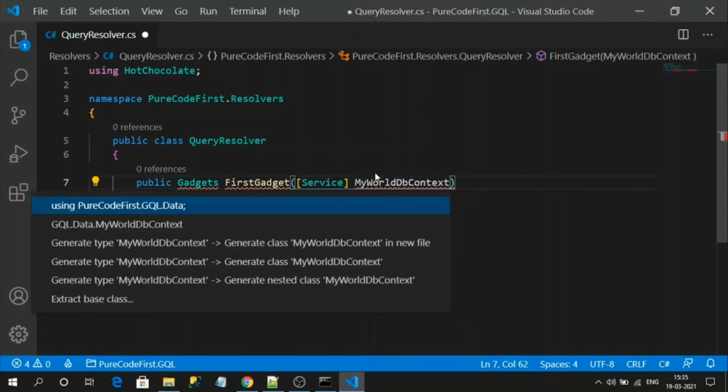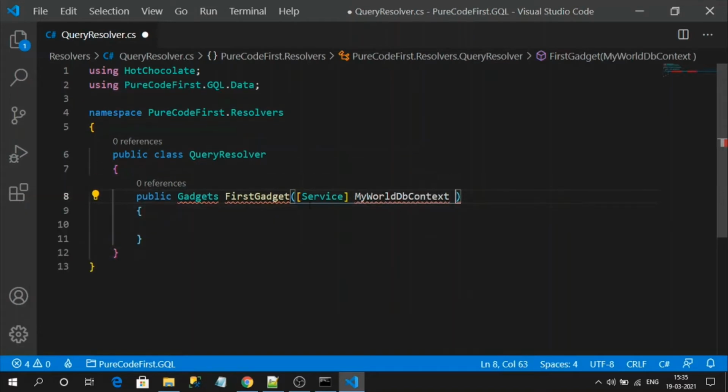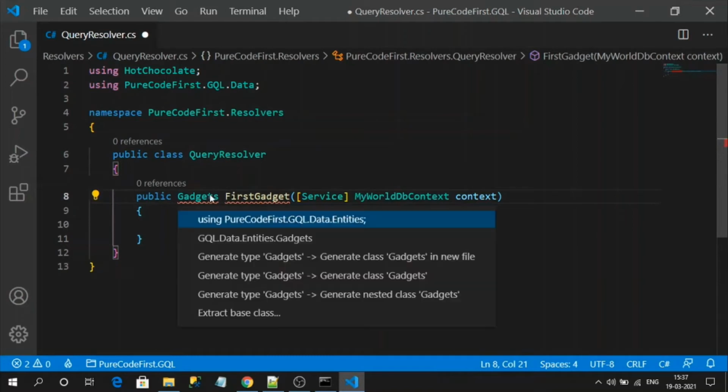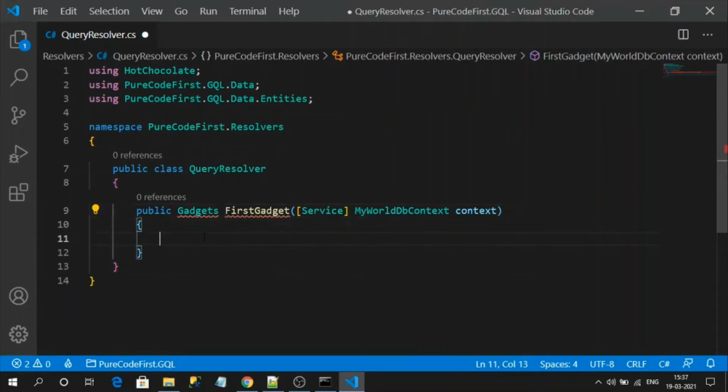So whenever the client requests this resolver, the framework automatically injects my DB context. Now I will also import the gadgets namespace, and simply return context gadgets